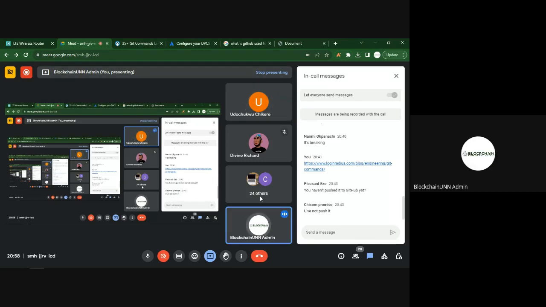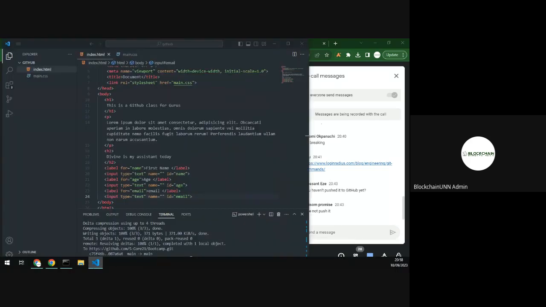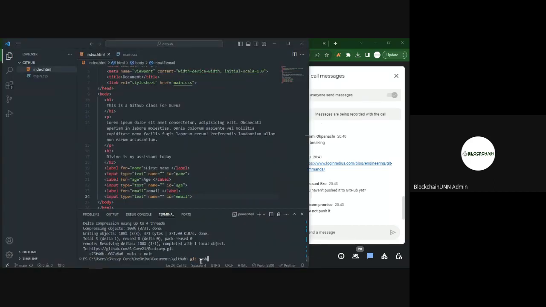Okay, what I did was I created the branch. So when I created the branch, I checked out to the branch. That means I moved my directory to that particular branch. That means I'm going away from working on main to working on that branch. So what I did was git checkout. Let's trace the code. So I'll just go up. Right. So what I did first was I created the branch. This was the command I used to create the branch. Right? So when I created the branch, the next thing I did was